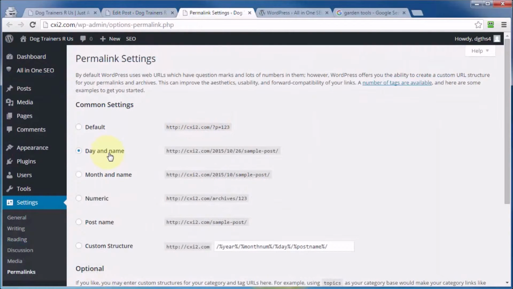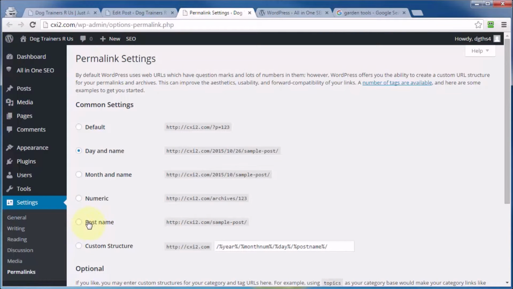And depending upon the installation process you went through on your WordPress site, you may have the day and name as your permalink settings, which is not that bad. But if you've got default, which is basically the URL, question mark, a P, which stands for post, equals, then the post number, that's not very user-friendly or search engine-friendly for that matter, because a human being or a search engine will look at this and not have any clue what this is referencing by simply looking at this. Of all of these options, my favorite, or the one I would suggest that you use, is